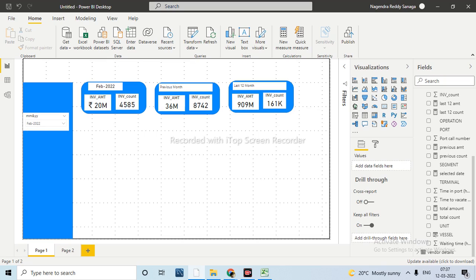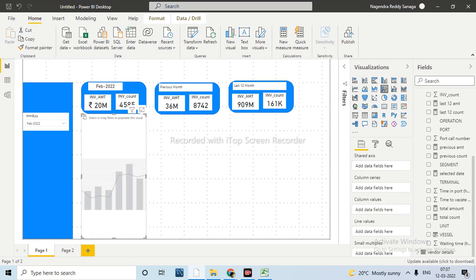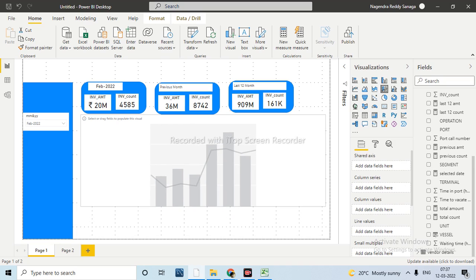Now the next information I need to see is one graph which shows the invoice amount as well as the invoice count, month on month. And in that, I want only the last 12 months information, and it should not filter out. For example, here I have selected only 1 month. Now let me plot that graph first. I am taking this one, and I want to see month on month.